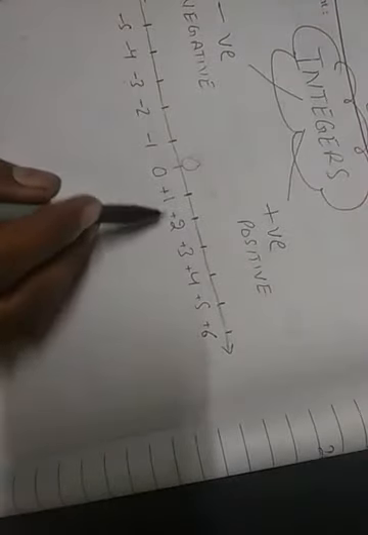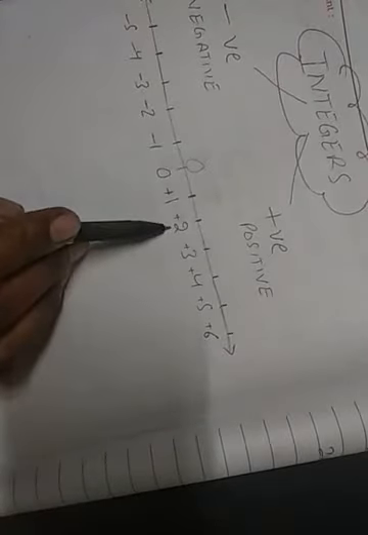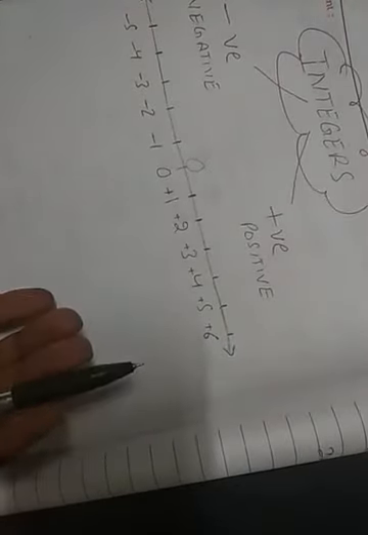Now see how we will multiply the integers. We have two types of integers, positive and negative. When we multiply a positive with a negative integer, what will be the answer? If we multiply a positive integer with a positive one, what will be the answer? If we multiply a negative one with 0, what will be the answer? All these types of questions we will do in the form of sums so that we can get an idea of integer multiplication and division.